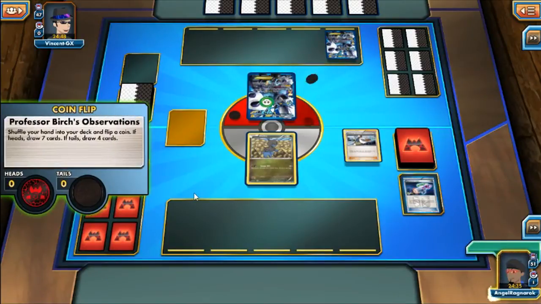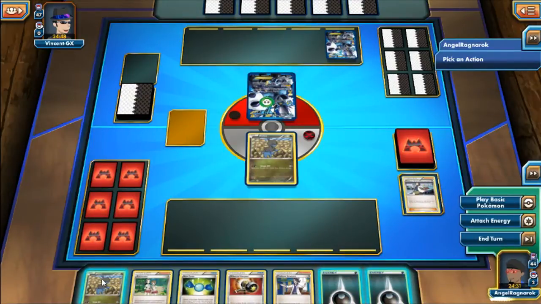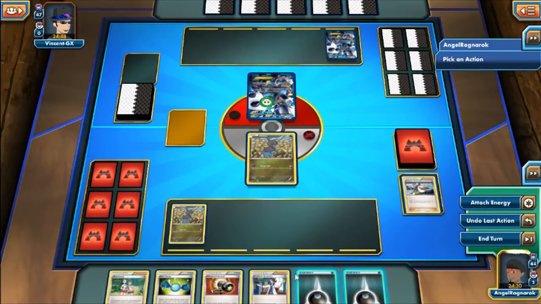I already don't want to discard the Hydreigon. So there we go, heads. Back a new fresh start. Another Dino, which is okay, I guess. I miss a dark energy attachment, which is kind of bad because I don't want to touch the Dino, but might as well because